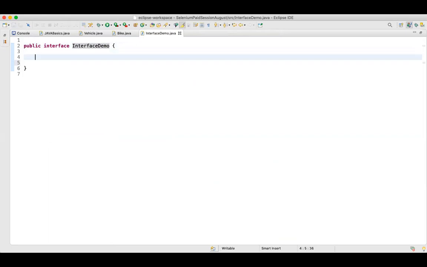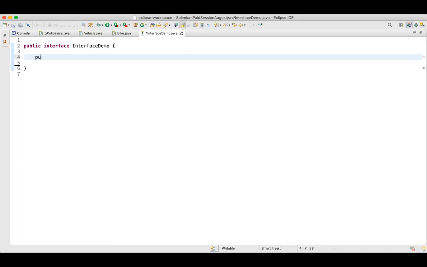Now, within this interface, the thumb rule of Java is that we use interfaces to achieve abstraction. When I say abstraction, I mean I do not want to expose my overall implementation; I only want to expose the methods, what are the methods which I have, and the implementation can differ. So in an interface, the thumb rule is that you can only have the method signature.